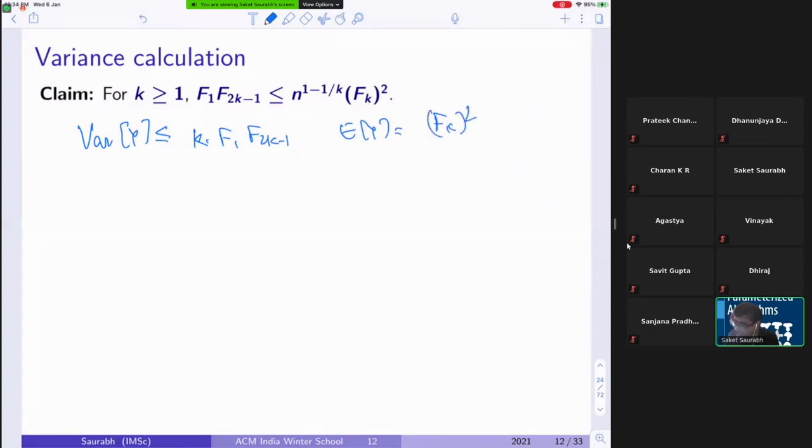So we want everything, whatever is there, in terms of expectation of x square times something, so that we can write variance of y in terms of something times expectation of y whole square. So this is always the goal, because then it tells us how much you are deviating, so that if I wanted to make this deviation a constant, how many items do I need to take? Okay, good. So let's try to see if we can manage to do this. Hopefully we can.